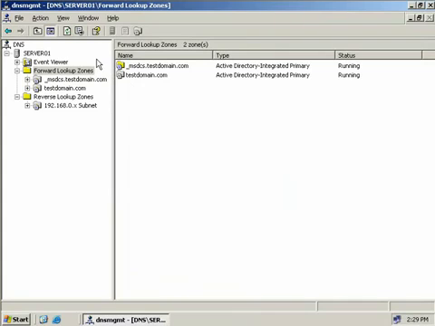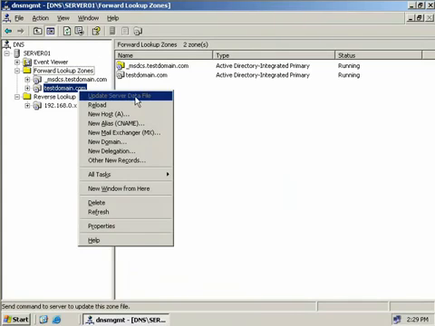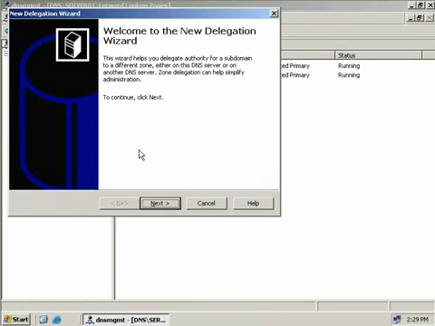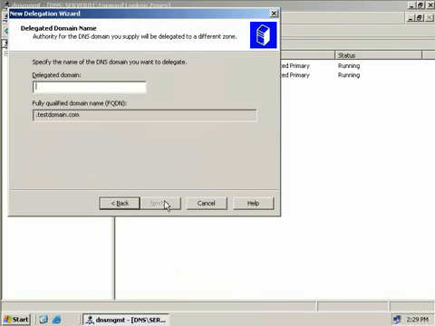Okay, we're back on our primary server, which is server 01. So we'll right click on our testdomain.com zone and we'll select new delegation. And this of course starts up another wizard, the new delegation wizard, so we'll click next. And the first thing we need to do is specify the DNS domain name that we want to delegate. So this will become sales, and down here you can see the fully qualified domain name changes to represent sales.testdomain.com,